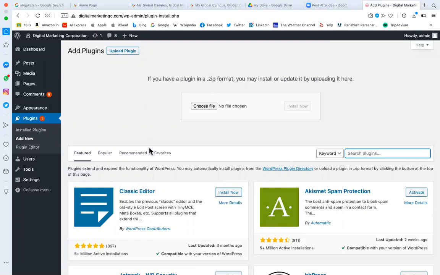Once you are in the business, it depends on up to what extent you want to grow. Some features are paid, and you have to apply business sense: return on investment. If you are investing 1,000 rupees and can get 2,000 rupees back, it makes sense to invest that 1,000 rupees. After that, everything is business investment. So we have to be very clear about what we are getting in return.